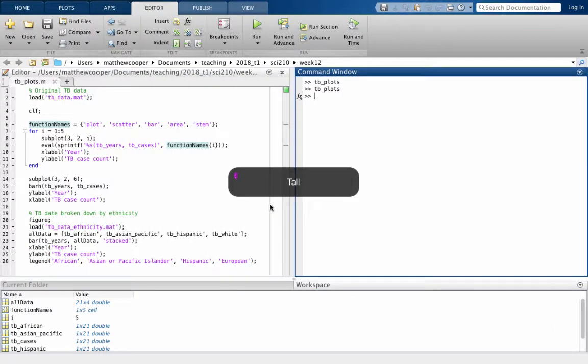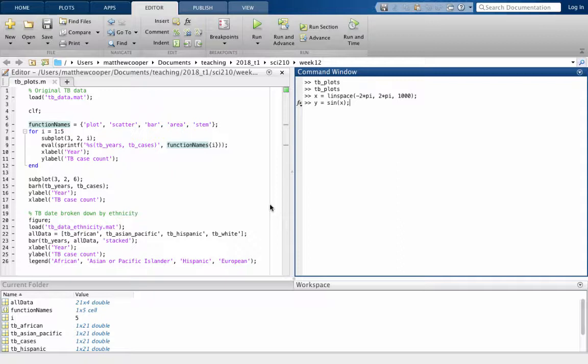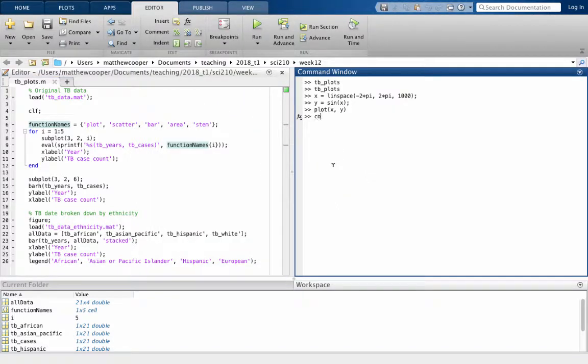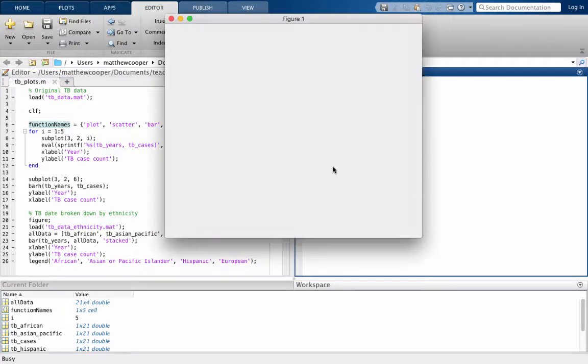Let's say I create some X values with linspace, going from -2 pi through to +2 pi, and I want 1,000 values. I'm plotting the sine function. If I just do a normal plot x, y, I get what I expect. If instead I go comet x, y,